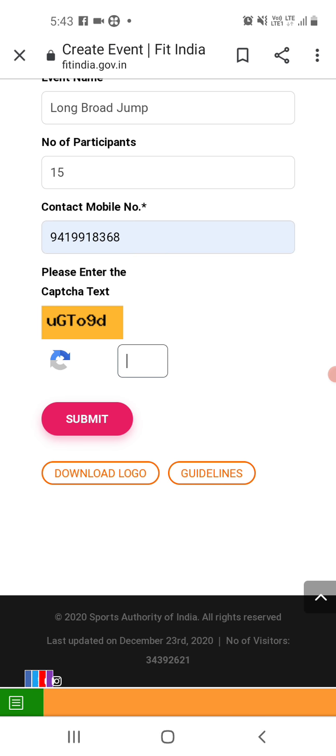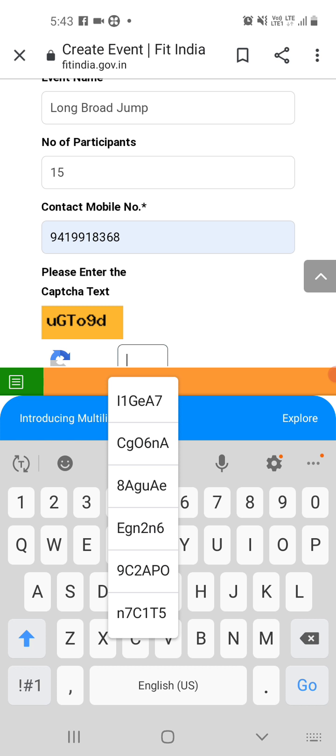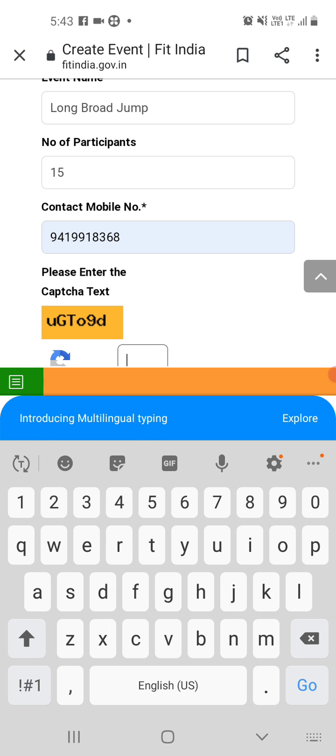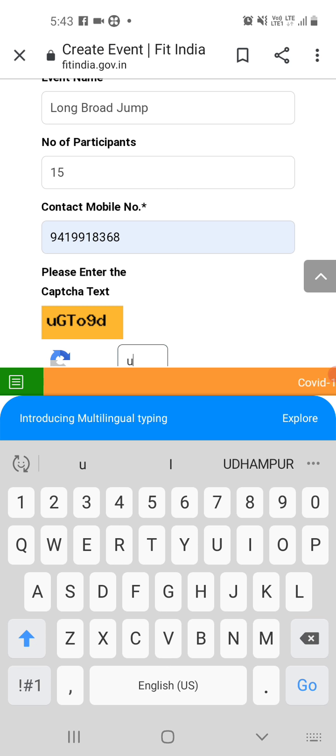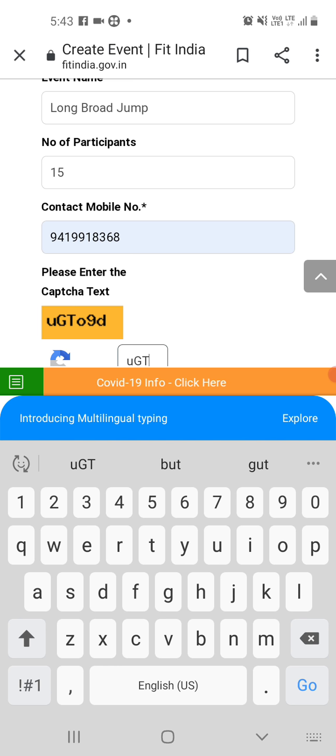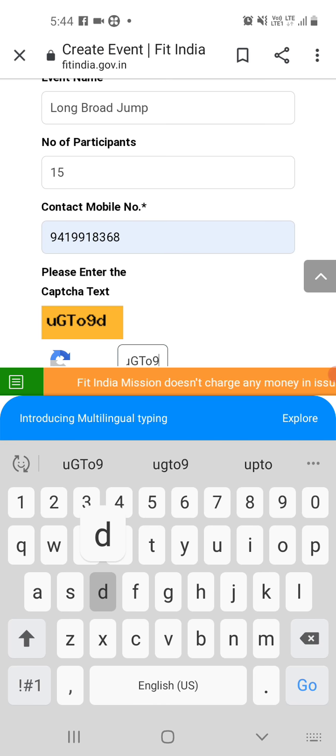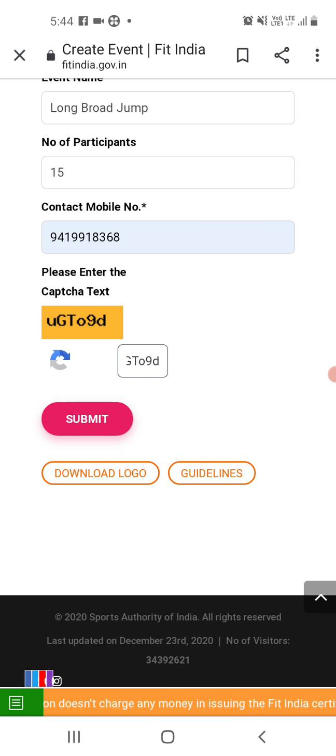Then again you have to enter the captcha text, which is small u, capital G, capital T, then O, small o, then D, sorry, then 9, then D, small d. Then we have to tap on the option submit.